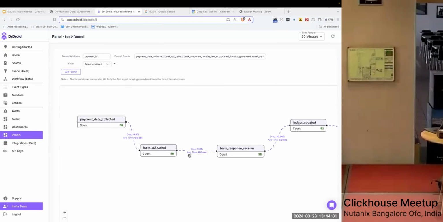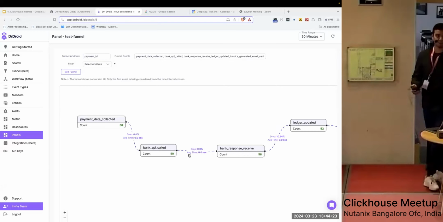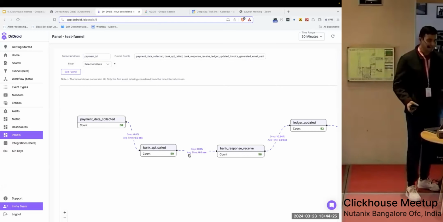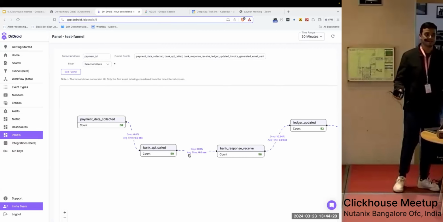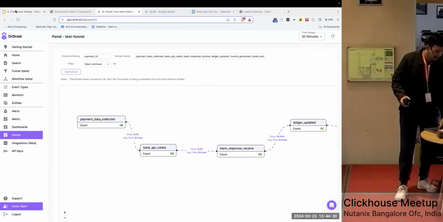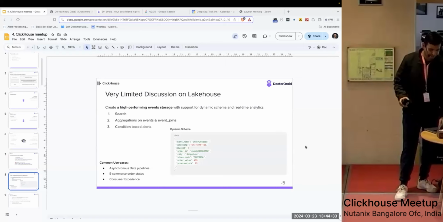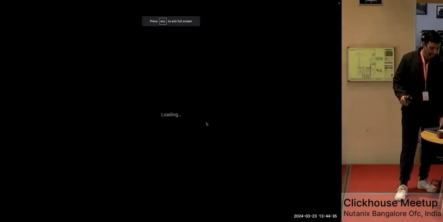So the 52 there is not the count of just ledger updated events. It's the count of ledger updated where bank API called and bank response was also received. So that means that there is a flow to it, like a stateful flow to it, as well as at the same time, it is aggregating the counts as well. So doing the combination of those gets slightly non-trivial. Now, let's say we are a hacky engineer and we have been asked to build this. So how do we build this in a very